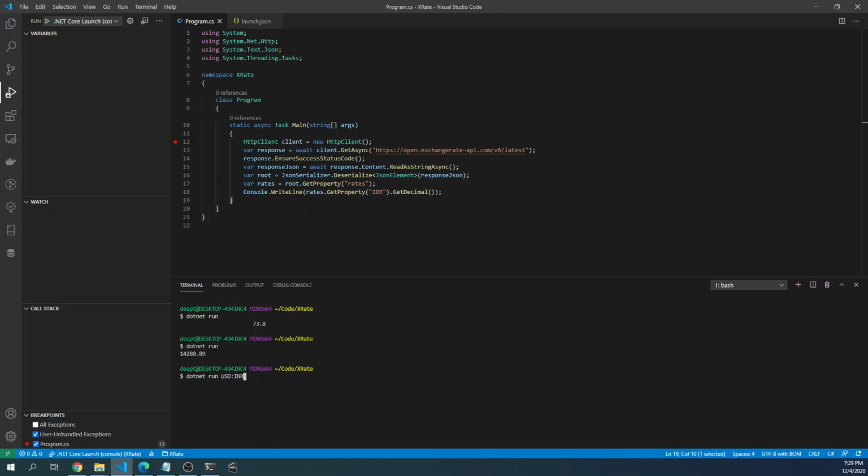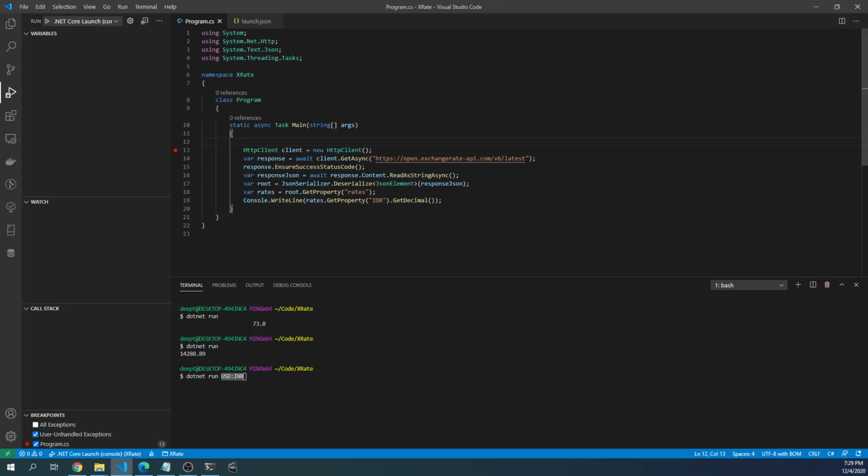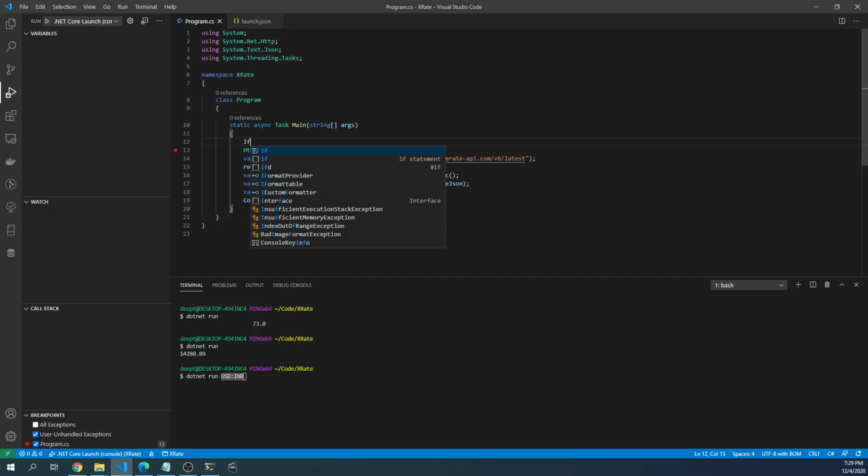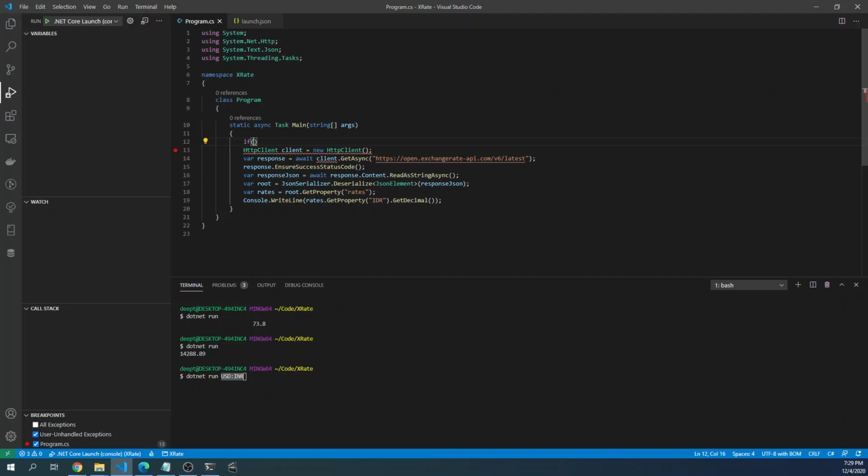Since these are not separated by spaces, in this args variable we'll be getting just one item in this entire array, which means we can always say our program needs at least one item. So if args.Length is not equal to 1, anything that's not 1, or we can just say if it is nothing,